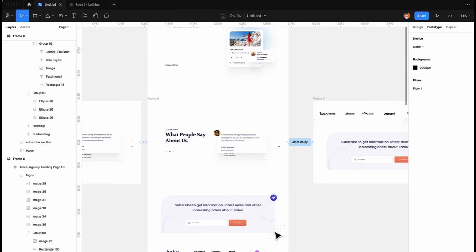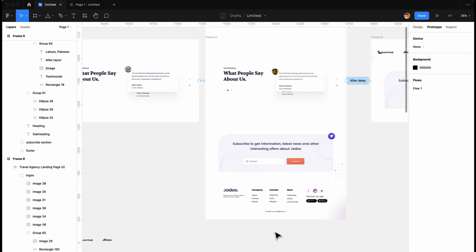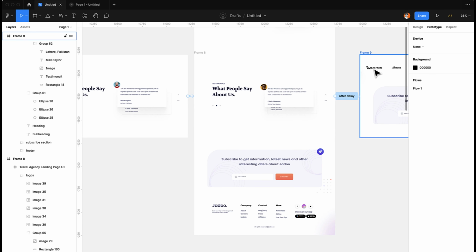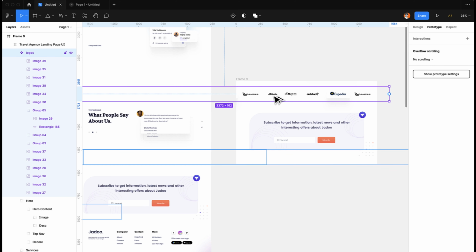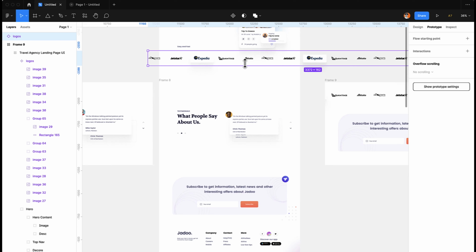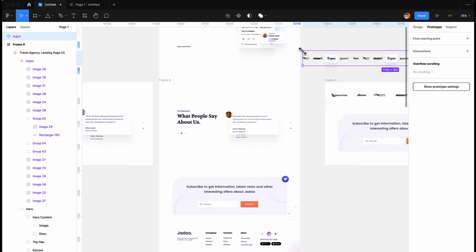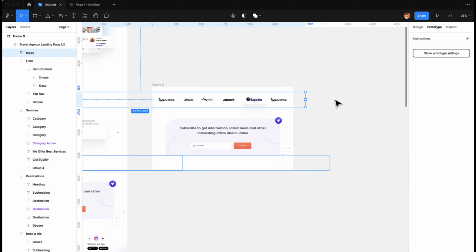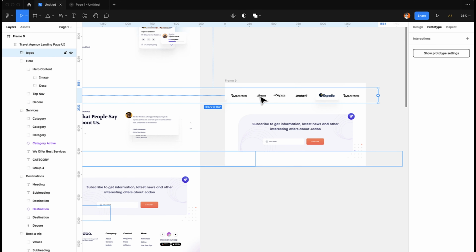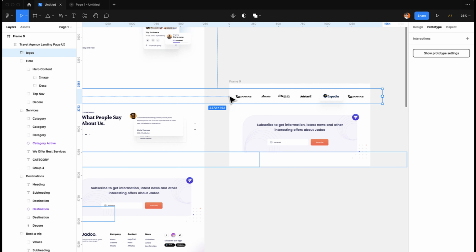so what we need to do here is, instead of this as a group, I'm going to make it a component, drag it out, and how we can make a slider here, so it keeps sliding from left to right. For that, what we can do is